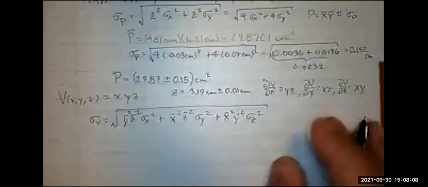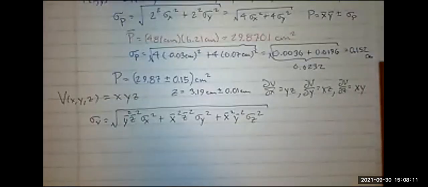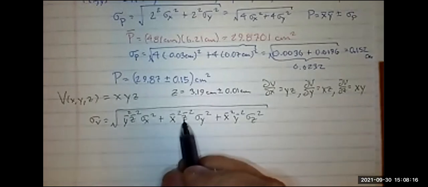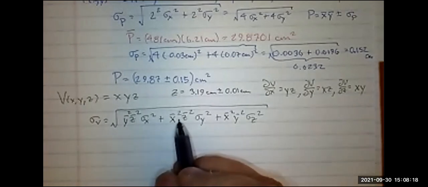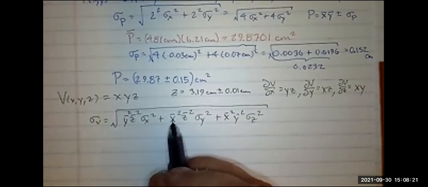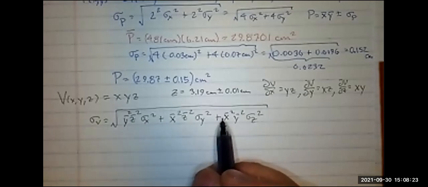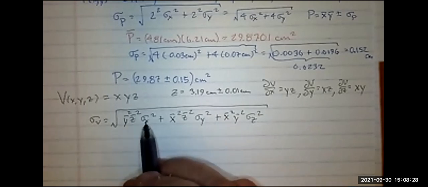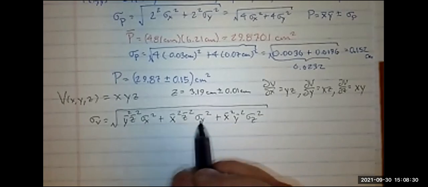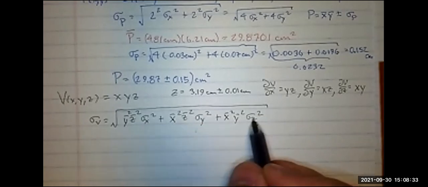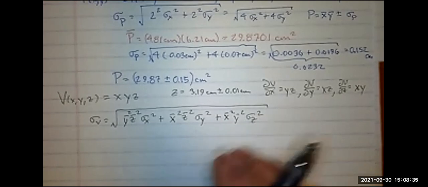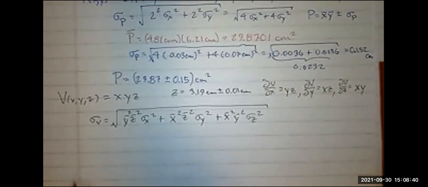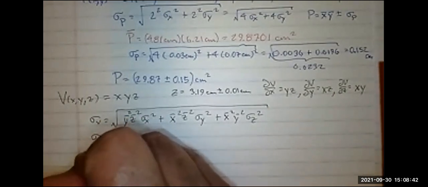Now that is the right formula and it'll work, but you've got to put in 3.19 here, or 3.19 here. You got to put in 4.81 here, or 4.81 here, and you got to put in a 6.21 here and a 6.21 here, and then you got to put in a 0.03, a 0.07, and a 0.01 and all that. And it's just ugly, right? Worse, oh, it's ugly. So what I'm going to do is I'm going to calculate sigma V over V,